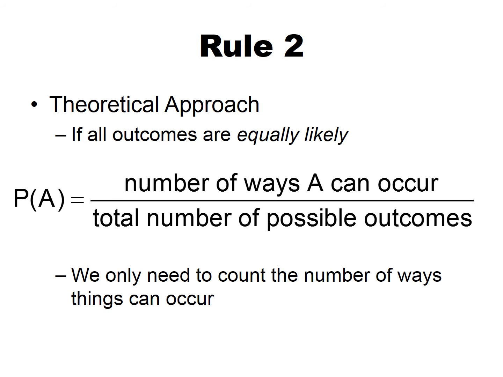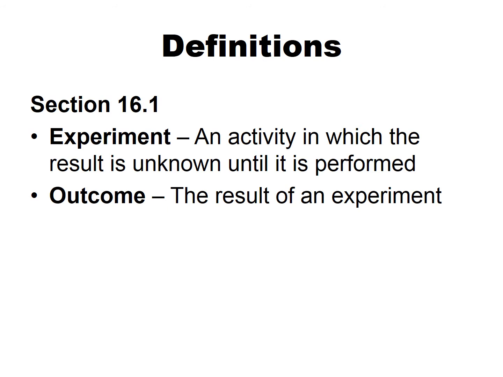That motivates this idea of counting principles. We're going to talk about how we can count the number of ways that the event can occur and count the total number of possible outcomes without actually having to list everything out. Before we do that, we need some definitions. In section 16.1, we introduced these two definitions of an experiment and an outcome. An experiment is some activity in which the result is unknown until it's performed, and an outcome